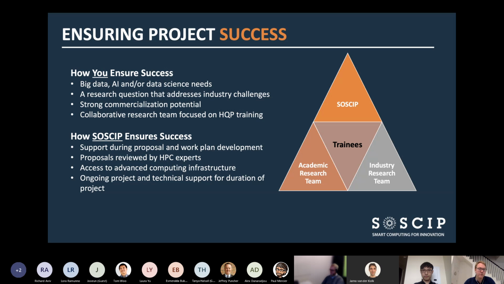How SOSCIP can help support this, as we mentioned before, ultimately we will be providing you access to our computing platform, so we'll help you advance the research. What we do earlier, before we get to that point as well, is we'll work with you as you're developing your proposal. Faye and the technical team can sit down with you and ensure that your proposal will make the best use of our systems, and ensure that it will work on our system and that we are able to support it from a technology standpoint.